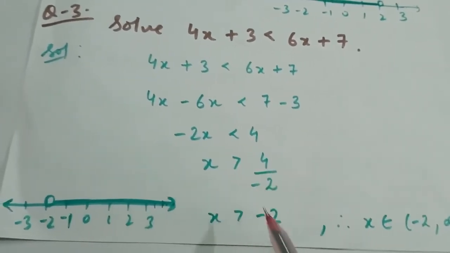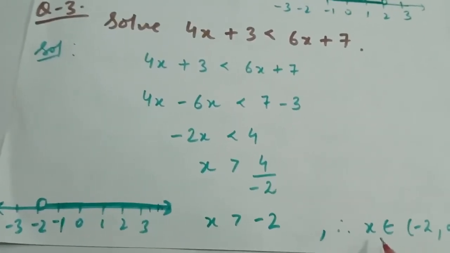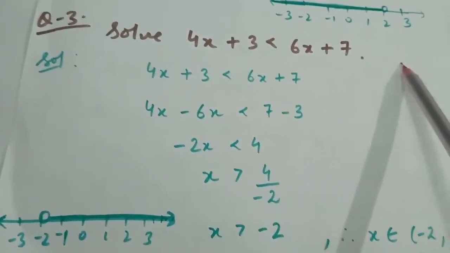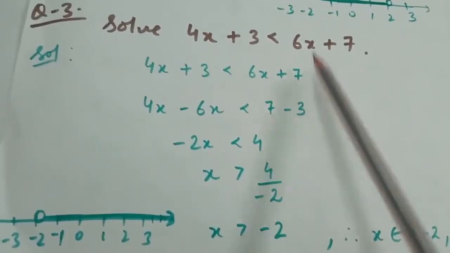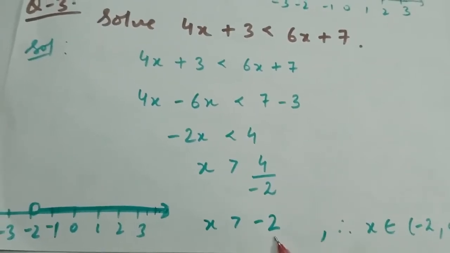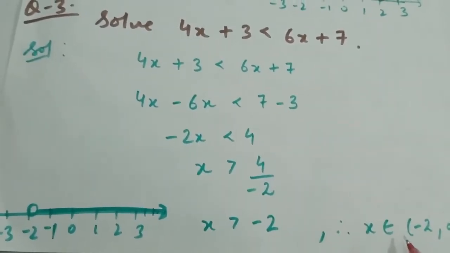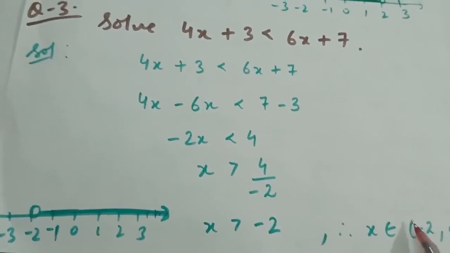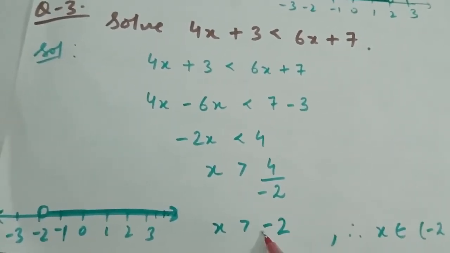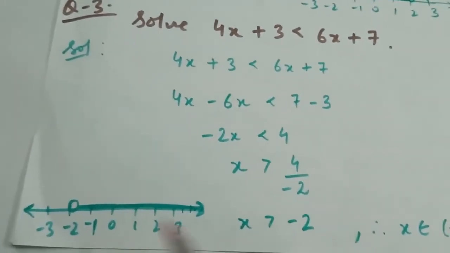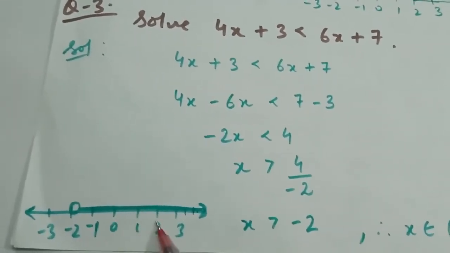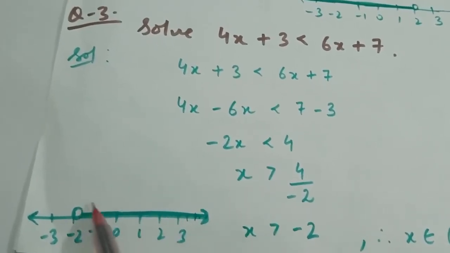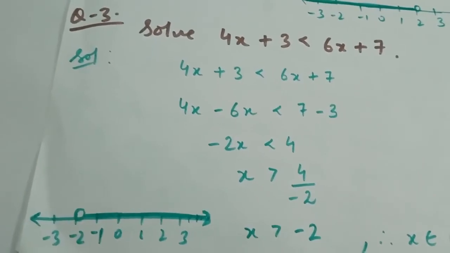Now x is greater than minus 2. In real numbers, when nothing is specified in the question about which set x belongs to, we take it as real numbers. So the interval will be x belongs to (-2, infinity). Round brackets will come as equality is not there. On a number line, how will you represent it? As greater than minus 2. As minus 2 is not included, draw an empty circle.